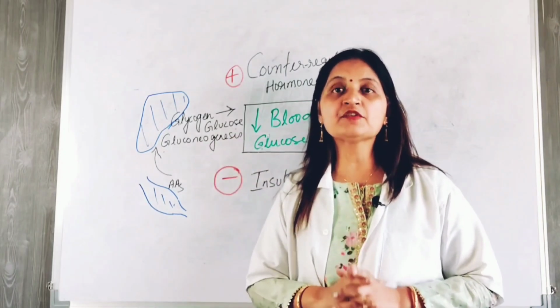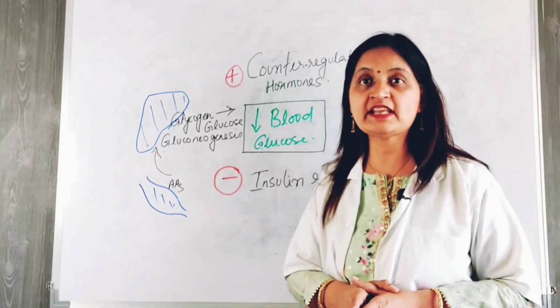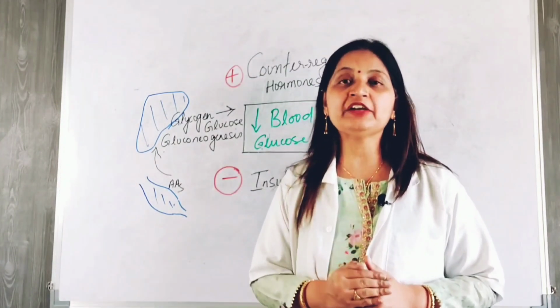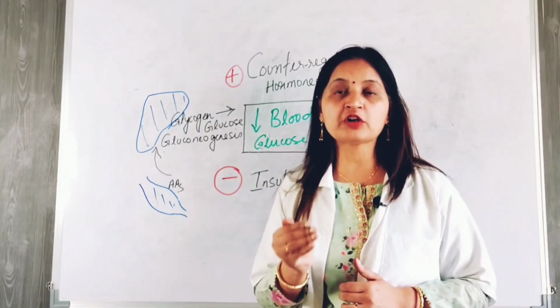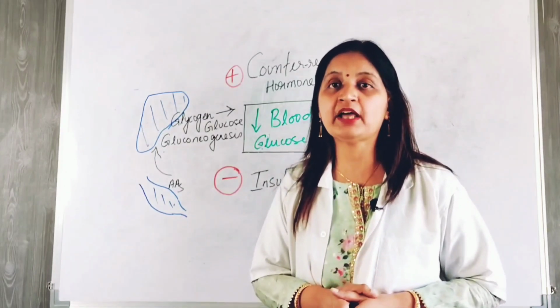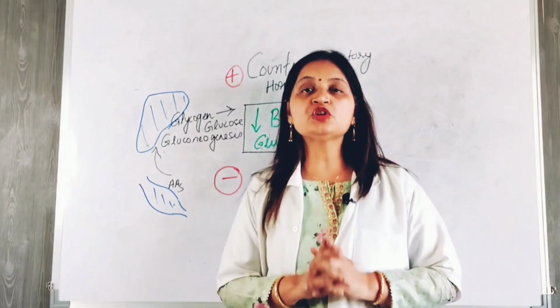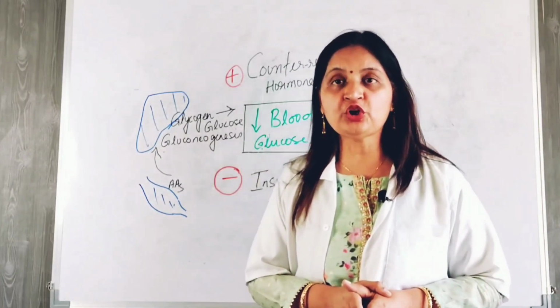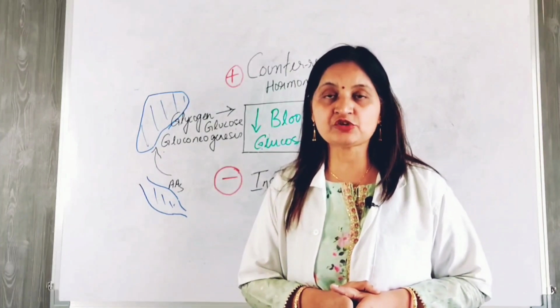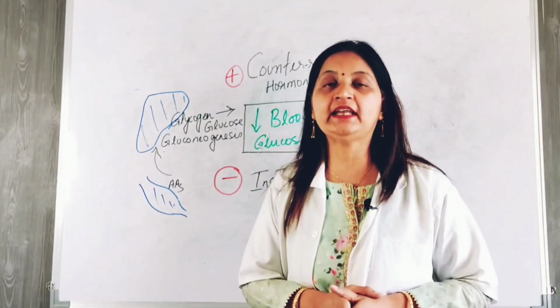So to sum up, in response to a decrease in the blood glucose level, insulin secretion is inhibited, but the counter-regulatory hormones such as glucagon, cortisol, and growth hormone are released, and this helps to raise the blood glucose level. Also, glycogenolysis and gluconeogenesis are stimulated, and this causes release of glucose into the circulation and helps to maintain the